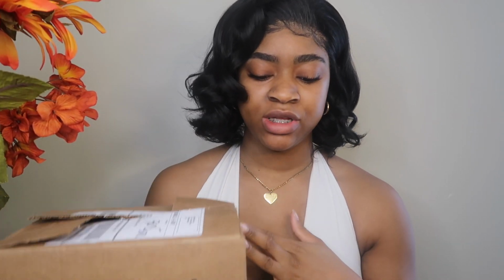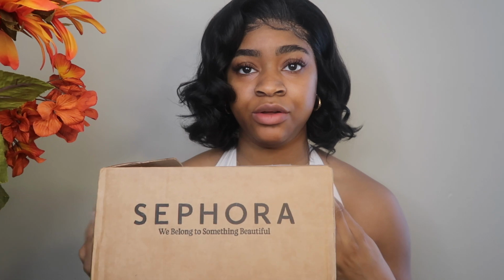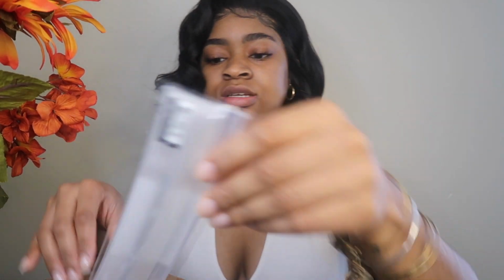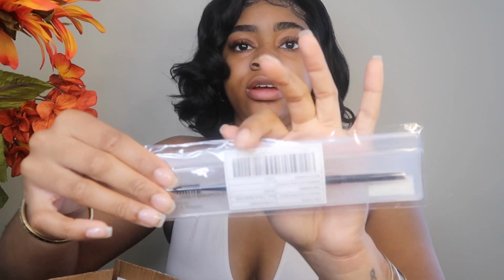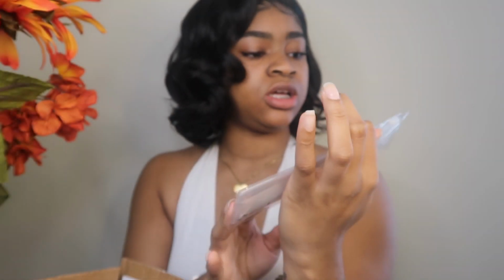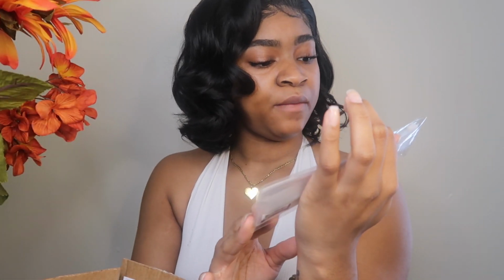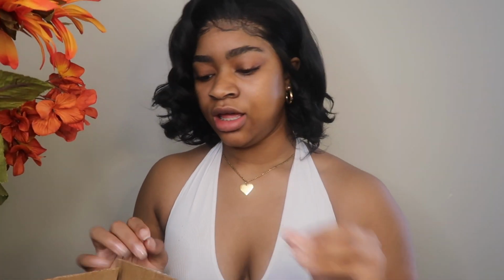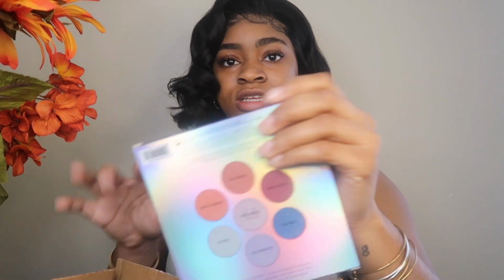I ordered these products like a month ago because Sephora had a sale, and I'm just gonna show y'all what I got. So first, just a regular eyebrow pencil, Sephora. This is the 208 brow filler and spoolie from the Sephora brand. And then I got this